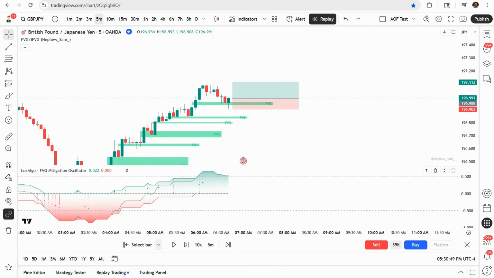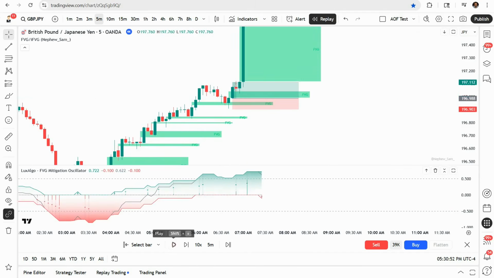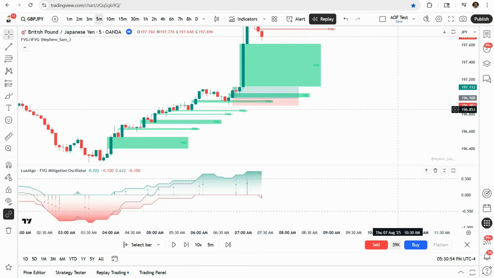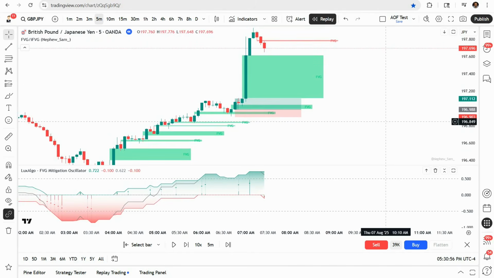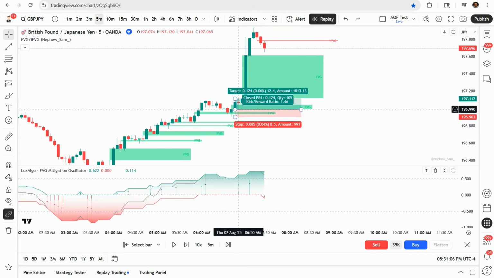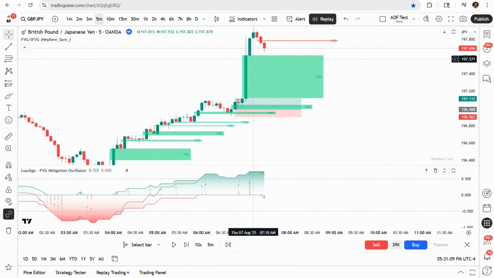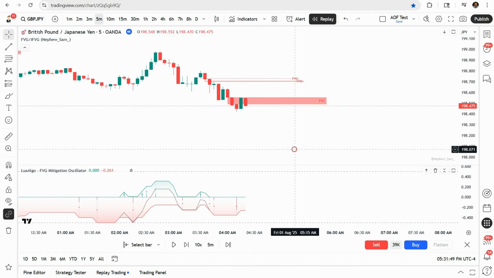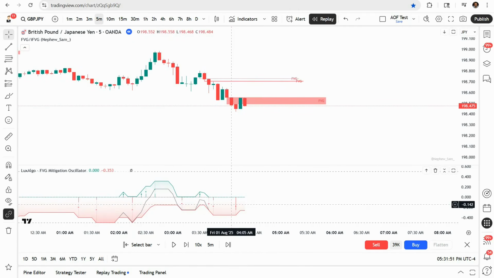Let's go ahead and play this forward and see how it plays out. And you can see that we push up and make this massive spike to the upside, getting us to our take profit. And for a short trade setup, we are looking for when the fair value gap mitigation oscillator starts to push to the downside in red like this here. And then you can see that the green starts to come down and flatline at the 0,